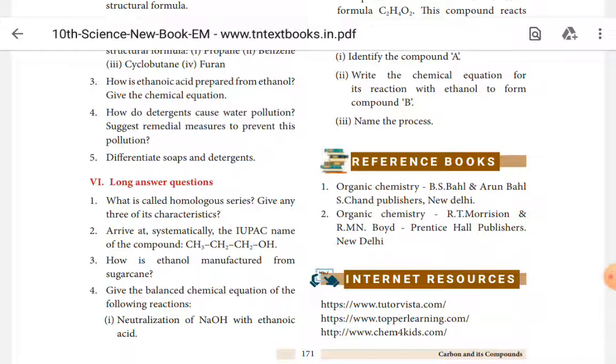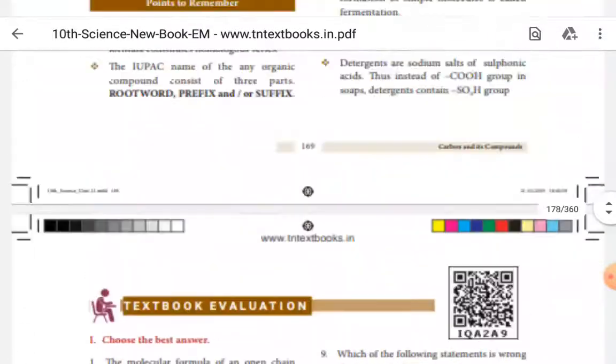Third question: how is ethanol manufactured from sugarcane? On page number 171 of your science textbook, Roman numeral 6, long answer question: how is ethanol manufactured from sugarcane? These are important questions repeatedly asked in the public examination, and you have to revise. Now we are going to discuss this answer, so listen carefully and also turn to page